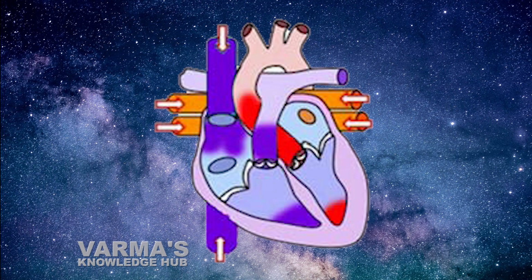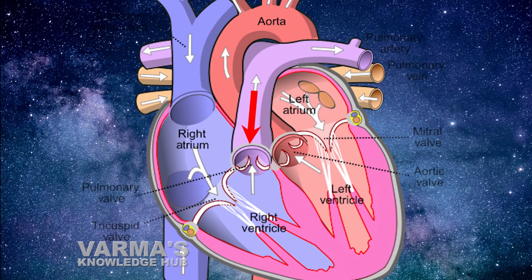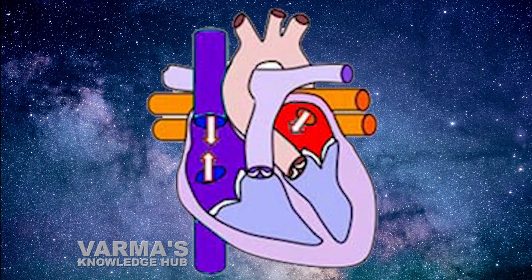When the ventricles start relaxing, the pressure in the ventricles is greatly reduced. The blood which has entered the arteries tries to come back into the ventricles. The valves present at the blood vessels close to prevent backward flow of blood into the ventricles. Now we can listen to a dull sound called dup. Now the atria are filled with blood and are ready to pump the blood into the ventricles.